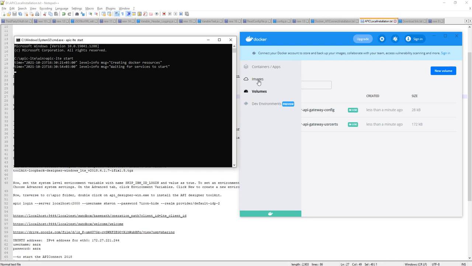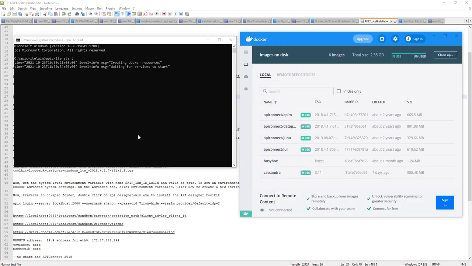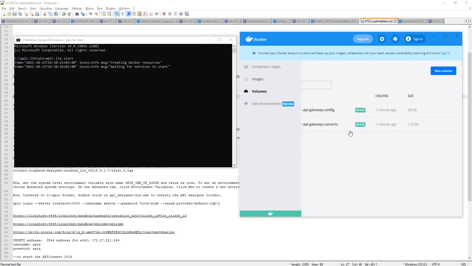So meanwhile I'll show you what images you get when you run this load command. You'll be able to see your API Connect and the DataPower. After running the apic lt start command, you can see your DataPower is up and running here. Once this command completes, it will give you the links of your DataPower and API Connect, meaning the URLs by which we can log into DataPower and API Connect. So let's get it started first.